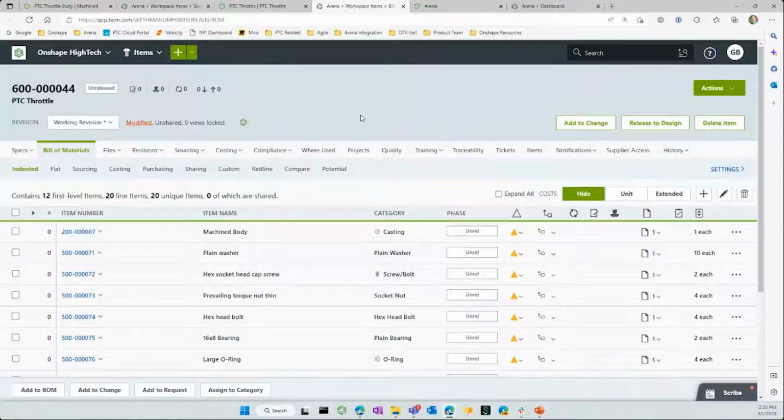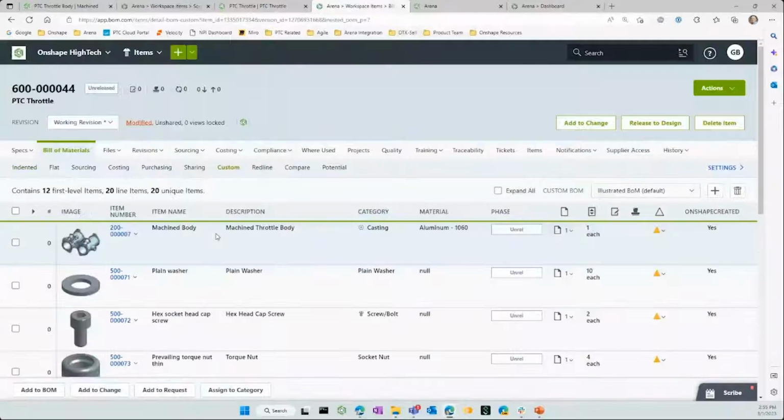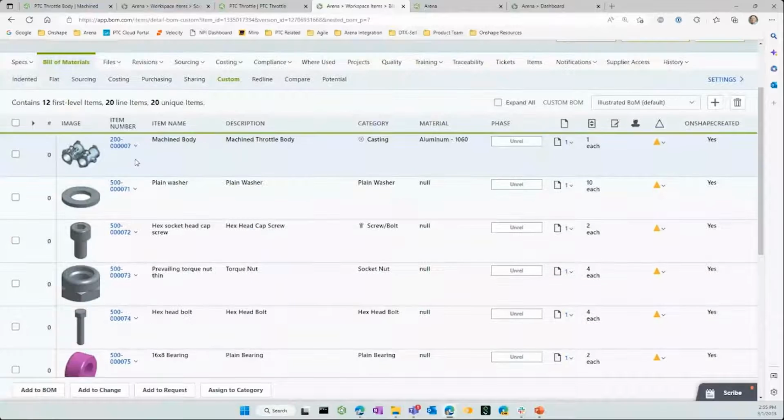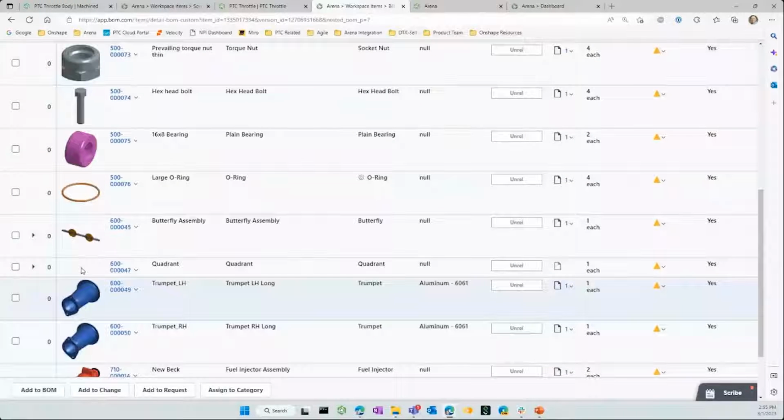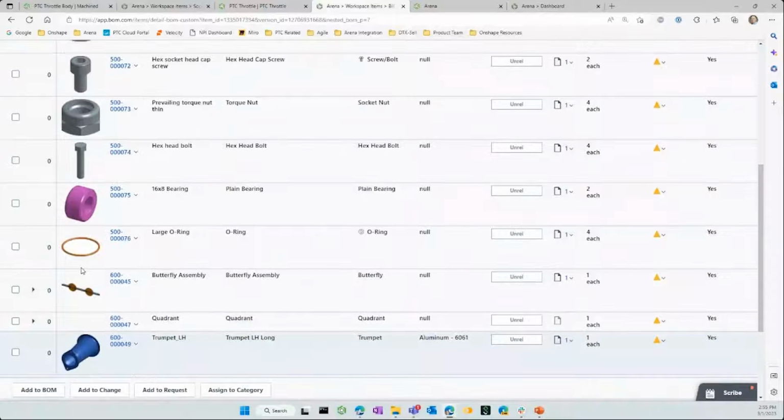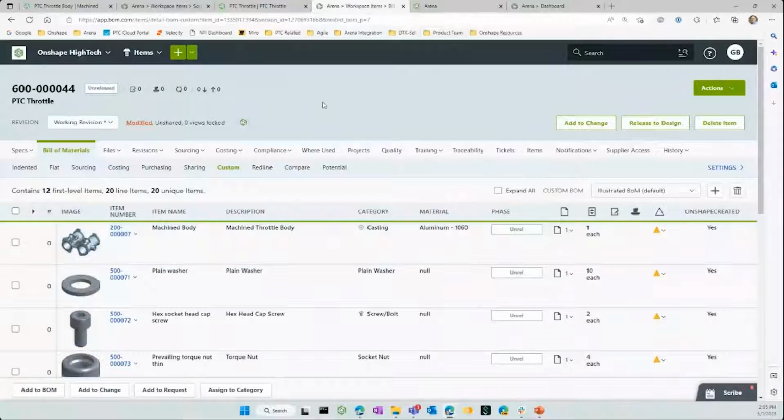I'm going to switch my view of the bill of material to the custom view, and then here's what I mean by the thumbnails. You can see how easy it is to navigate this bill of material. Now we've got pictures of the parts and assemblies. So I'm going to pause right there, and I just want to show you one more thing before I hand